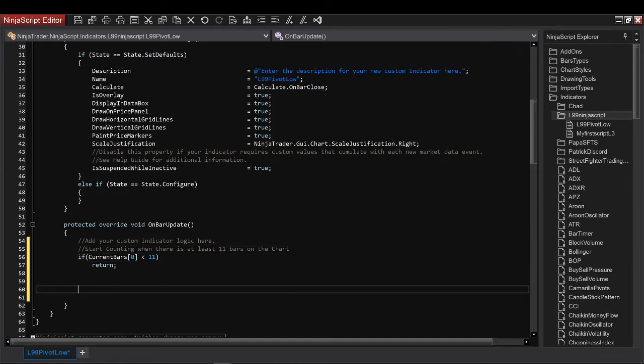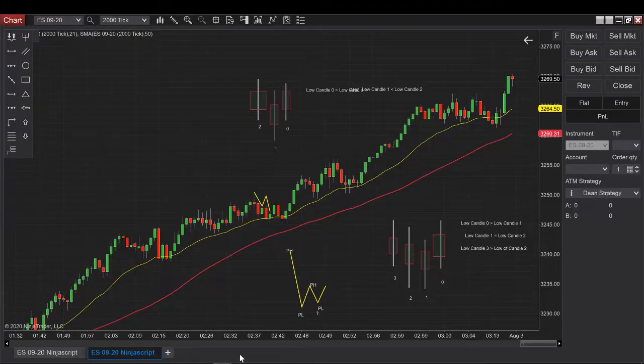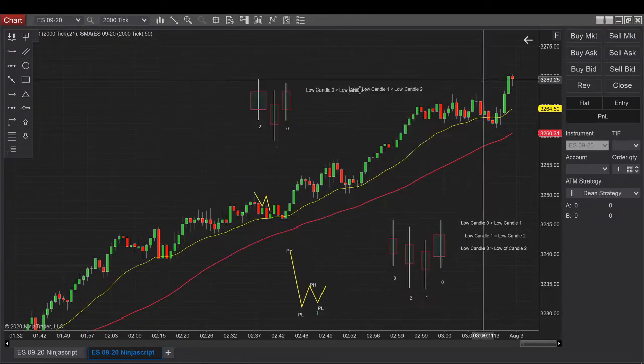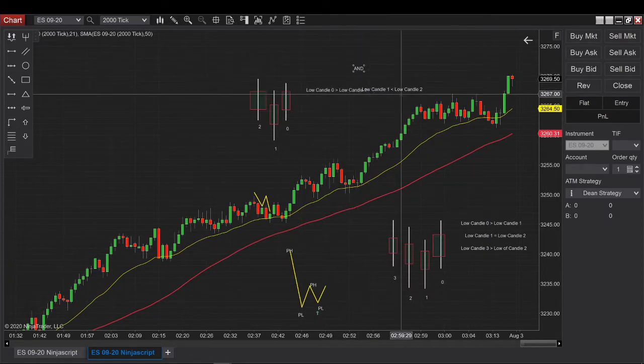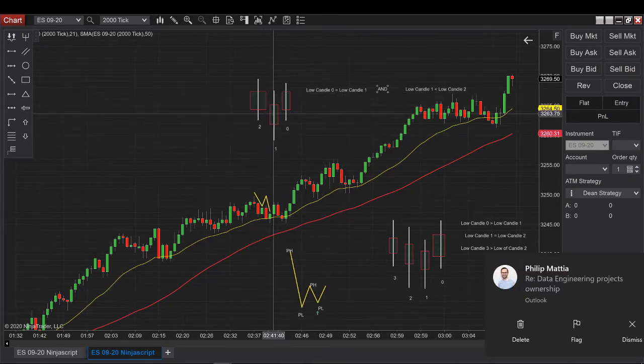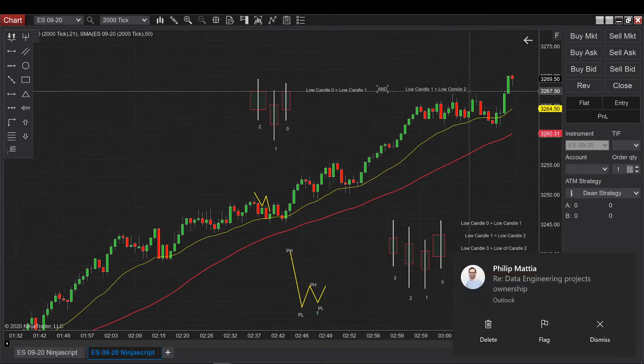Second thing is we need to define what a pivot low is. Okay, so a pivot low, as we said, so we go into this definition, we need 3 candles. Okay, so we need the candle, so I'm going to put it here. We need candle 0, candle 1, and candle 2. And we need to just put this definition into place.